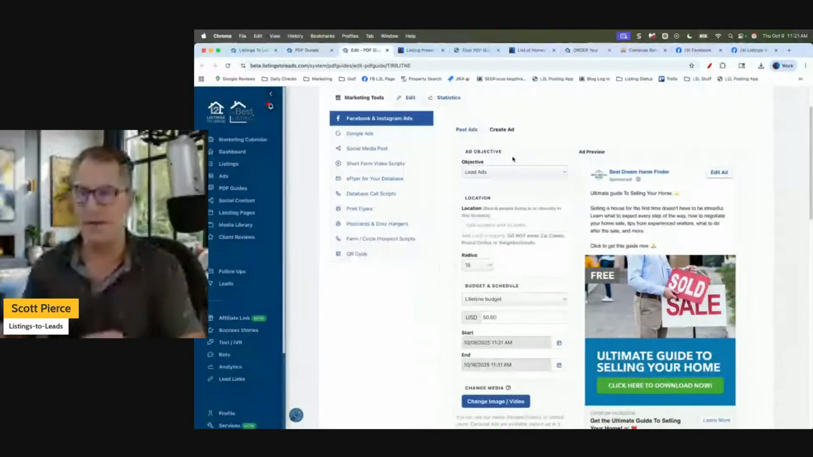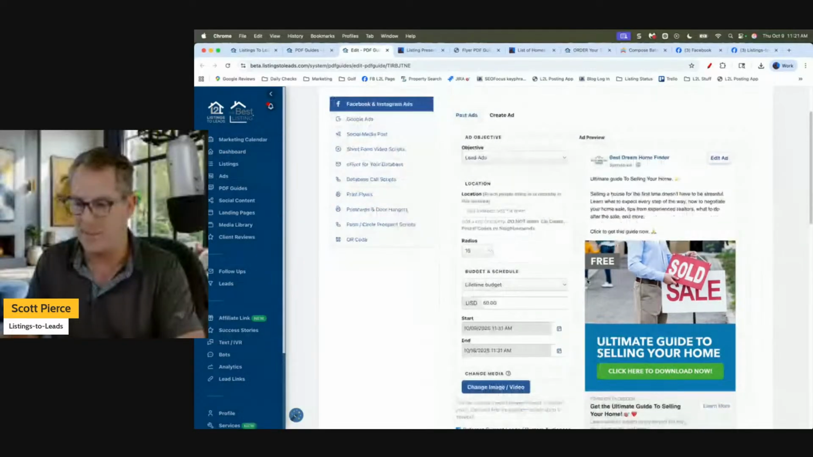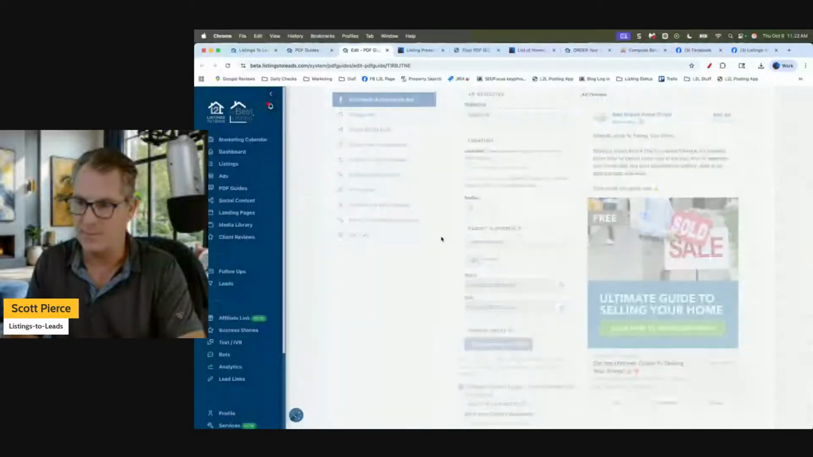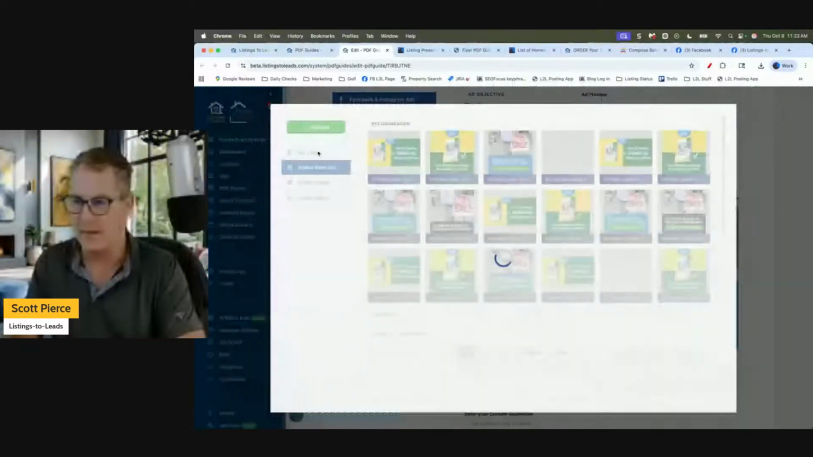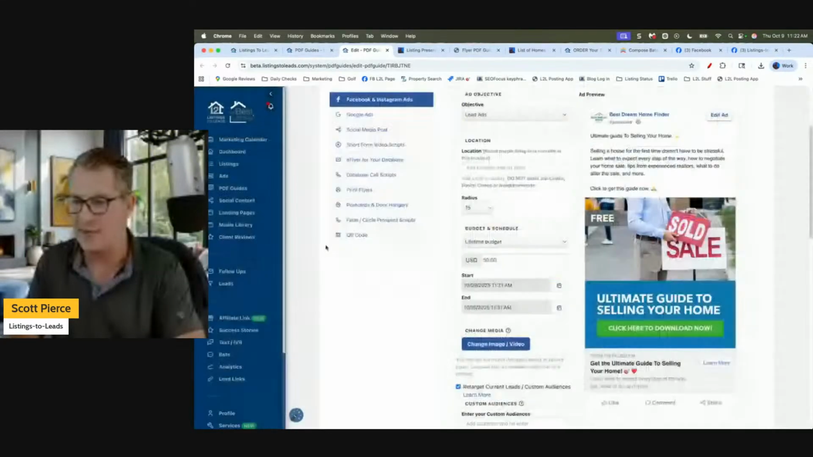Maybe you go to the property, record a video, and you see where it says change image and video. Then I can click that. And I can either select a different image or a video, or I can even upload my own. So right there, upload, I can upload my own image, my own video. So we got lead ad, location,